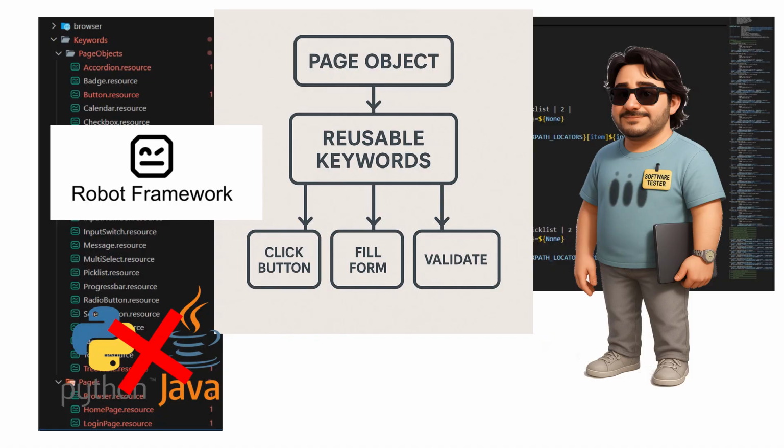And the best part, we'll do everything using only Robot Framework. No Python, no custom libraries, just clean architecture and powerful keyword-driven design. By the end of this course, you'll have a solid page object model framework that you can reuse in any